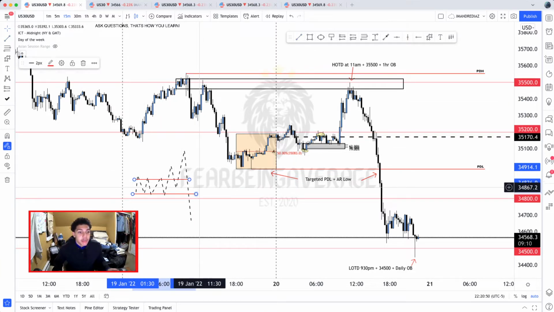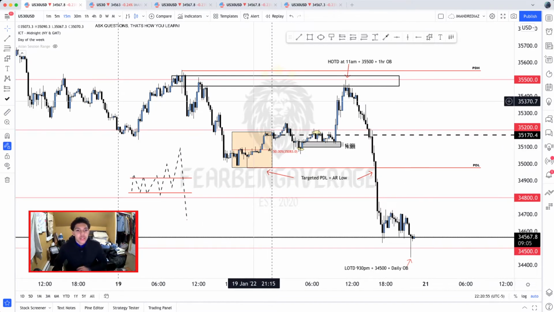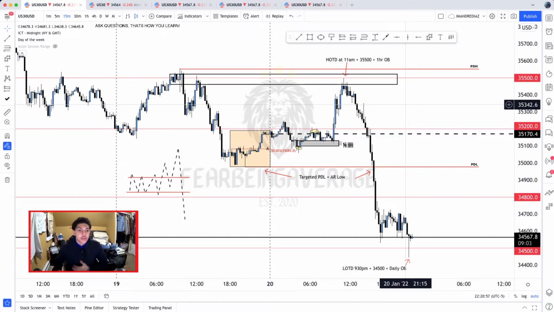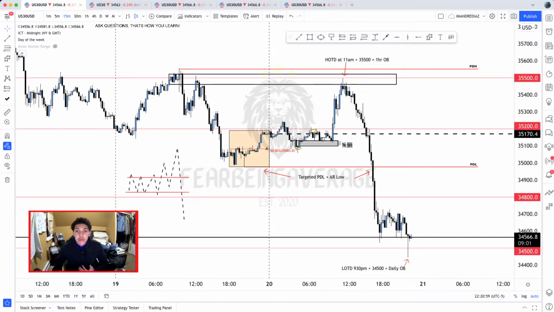Can't complain. I made about 2.3% today, so perfectly fine by me. Made back some of the losses that I had from the beginning of this week, so that's always nice to see. I'm going to screenshot this and send it in the Telegram, and if you guys want to also take a screenshot of this, you want to be able to watch how price moves every single day. When you watch things like this happen, you learn things every single day. And trust me, I'm actually going to annotate this right here too. When I say this, you're going to learn a lot from just these daily ranges, because everything you need is right here in front of you.